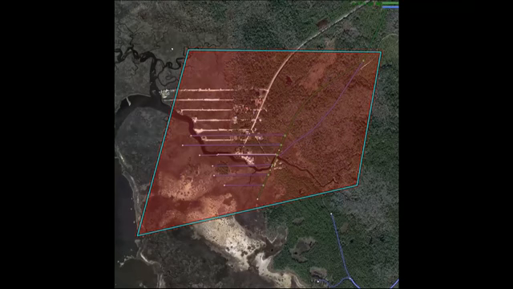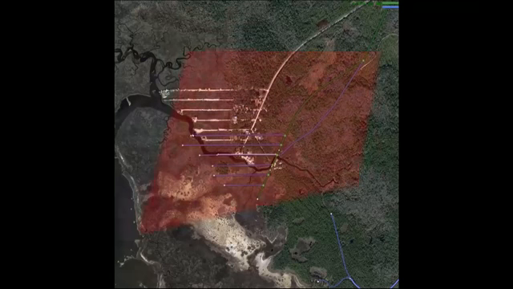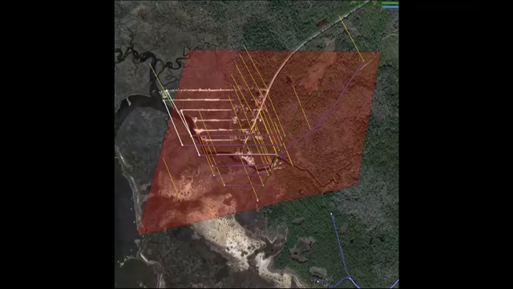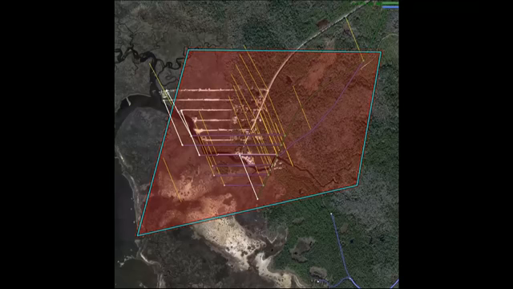An operator defines the area over which they want the transform to take effect, and then begins defining pairs of control points. Each pair of control points says that this point on the road network corresponds to this point on the ground. An operator can see a preview of the transform vectors and then continue to add pairs of control points until they're satisfied with the warp. After they're satisfied that the warp is going to do what they expect, they can choose to preview the warp and then hit save, which will actually bulk transform all of the data at once.